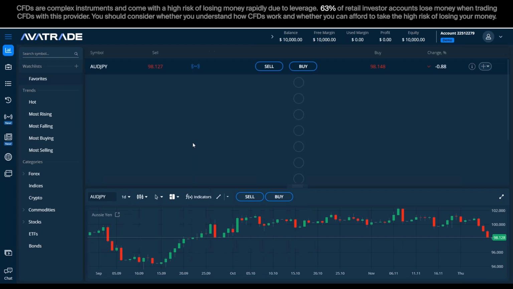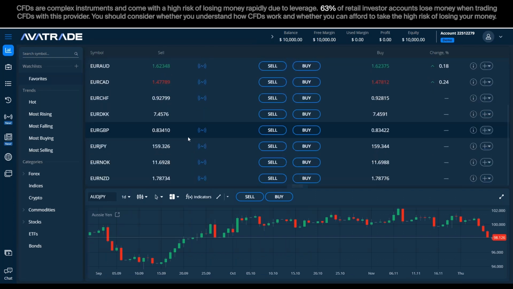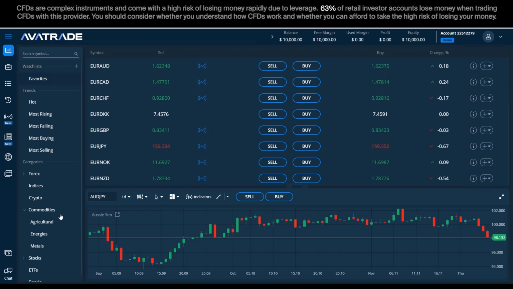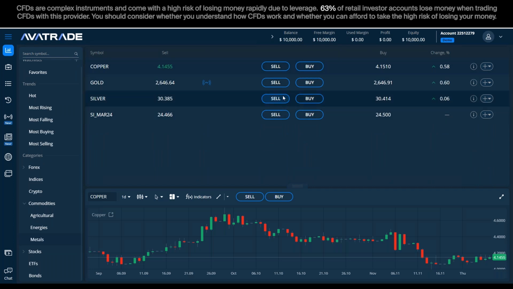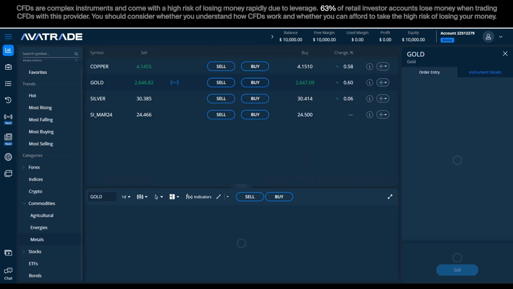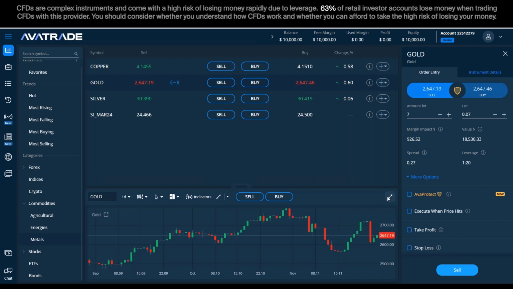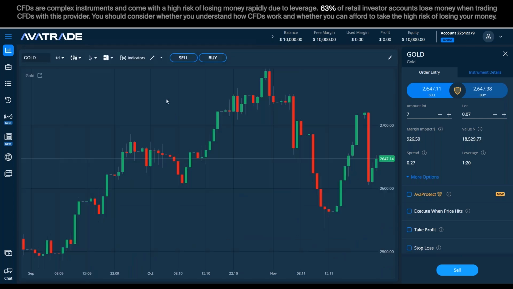Let's get ourselves an instrument to analyze, maybe from the commodities, maybe from the metals, and maybe gold. Okay. What I'm going to do now are preparations to make the chart a bit more comfortable for my eyes. Of course, they're not mandatory and everybody can have their own layout. Okay, and on the way, I'm going to explain here what is happening in the toolbar for you guys to enjoy it to its full extent.